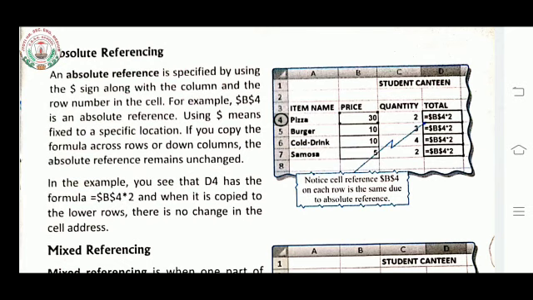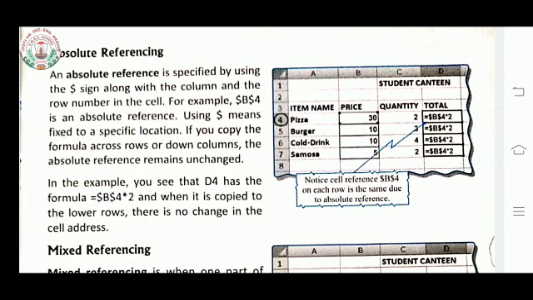So an absolute reference is specified by using the dollar sign along with the column and the row number in the cell. For example, $B$4. This dollar sign makes it fixed to a specific location.